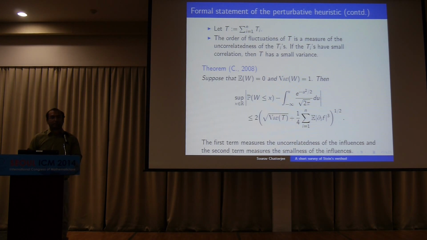So this is a completely general result, which takes any arbitrary function, looks at how things change if you perturb one coordinate, and constructs a random variable out of that. And if that random variable has small fluctuations, you can expect your original thing to be approximately Gaussian.